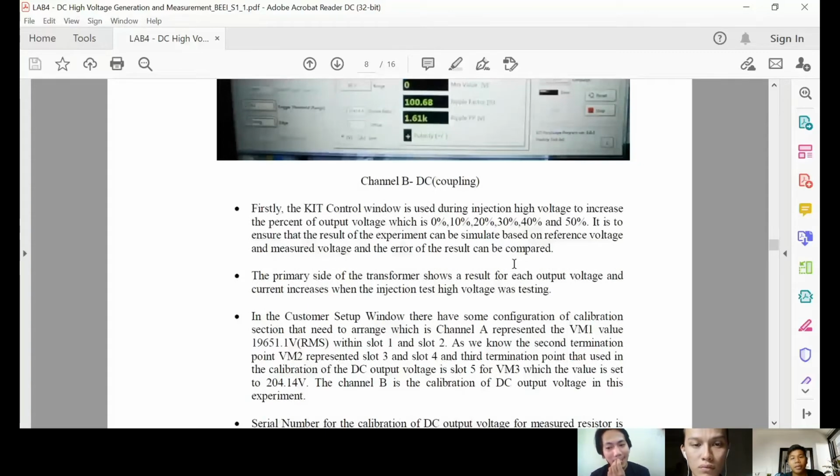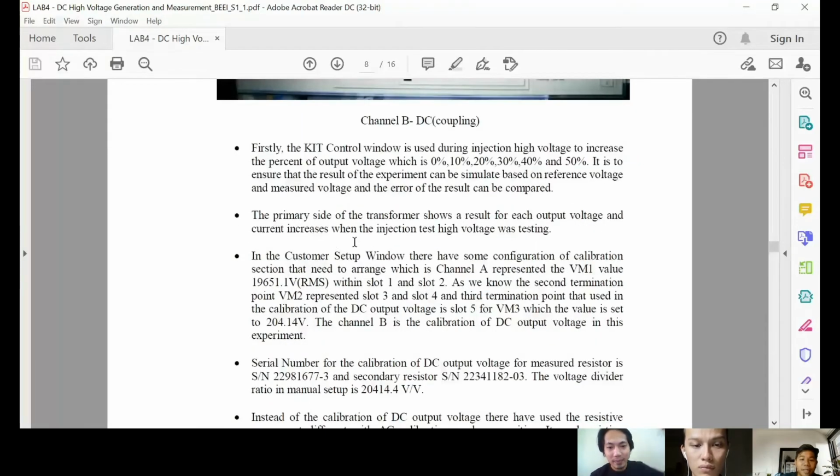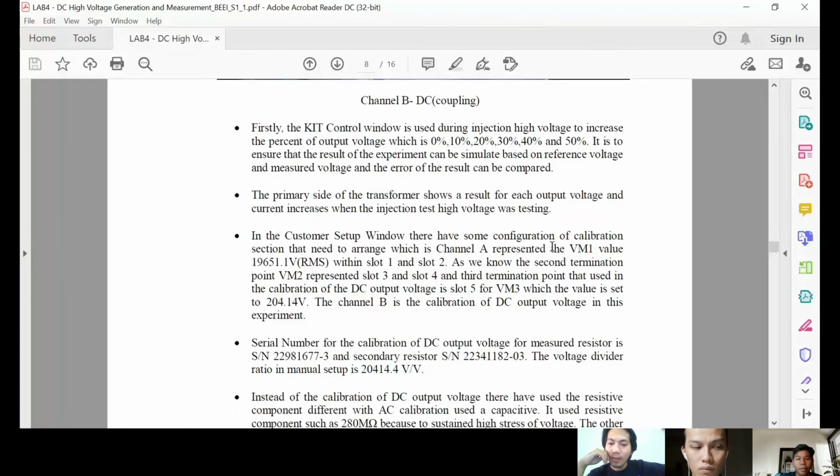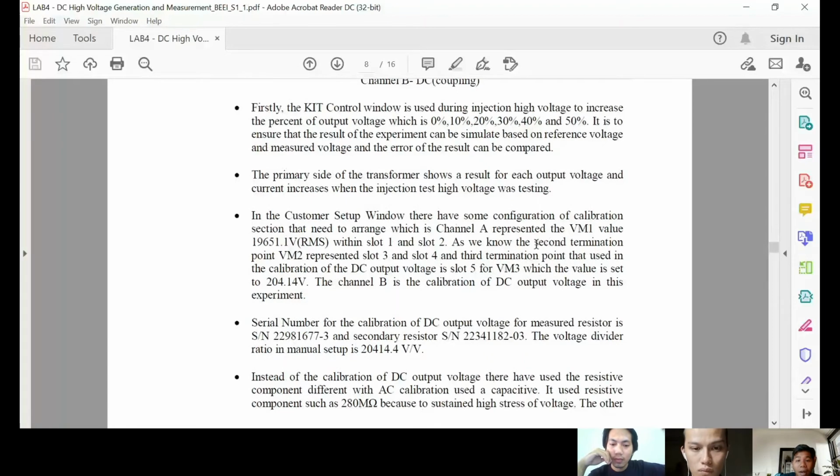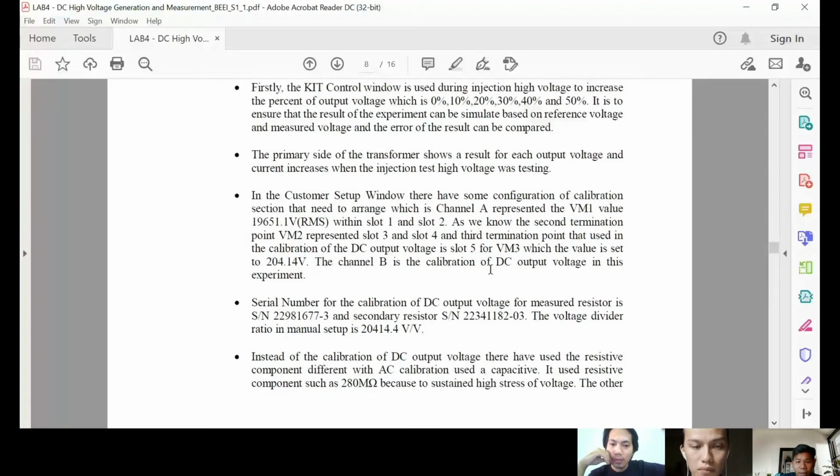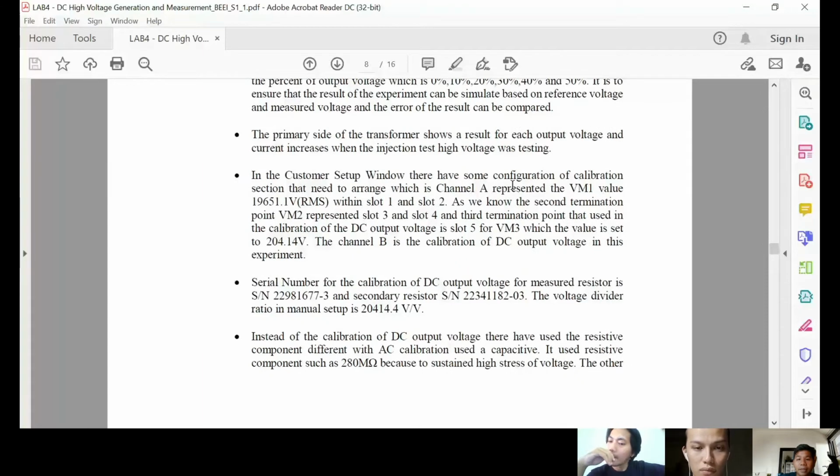And then I will explain about the primary side of the transformer. It shows a result for each output voltage and current increase when the injection test high voltage was testing. And then the customer setup window has some configuration of calibration section that need to arrange, which is channel A represent the VM1